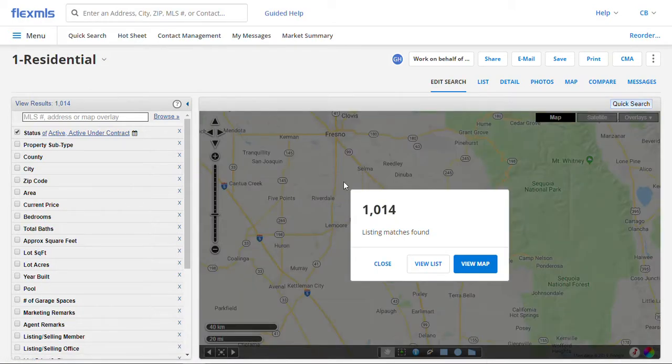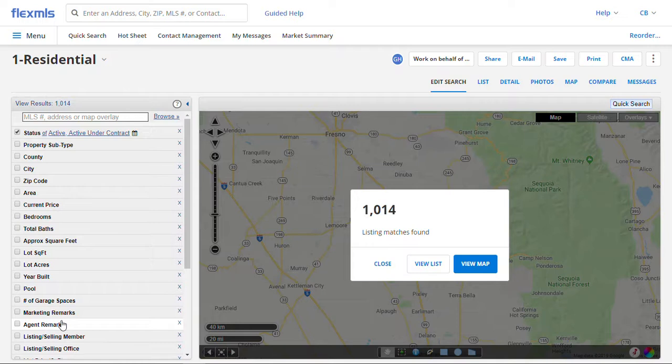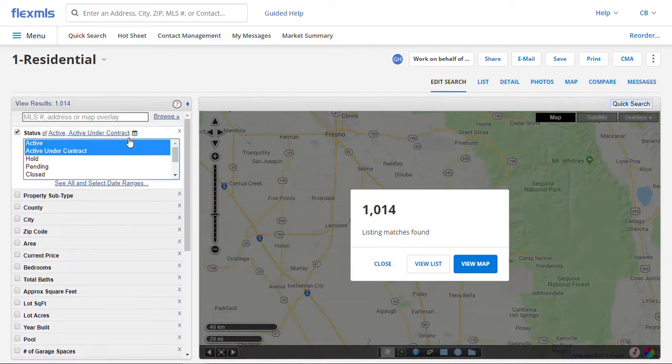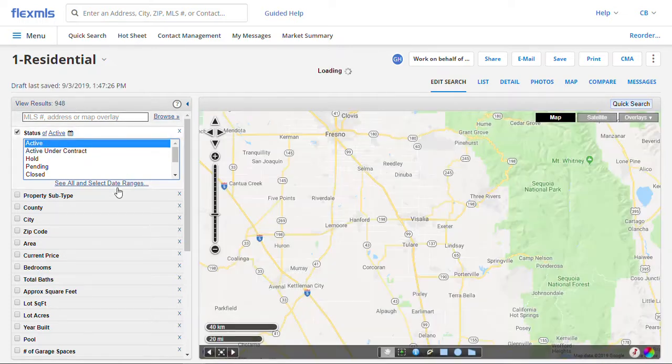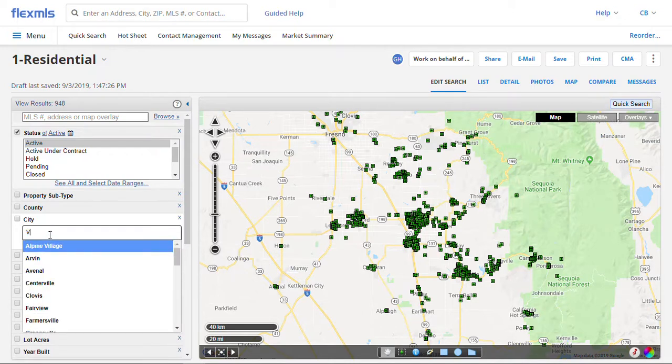Essentially it's showing you everything on the screen at this point. What you need to do is start working your way down the left-hand column to narrow your criteria. You might want to start with actives, or closed if you're doing pendings, but it starts with active and active under contract. Let's say I don't want active under contract, I just want active. I'll change that. I might go to the city. Here I put Visalia,